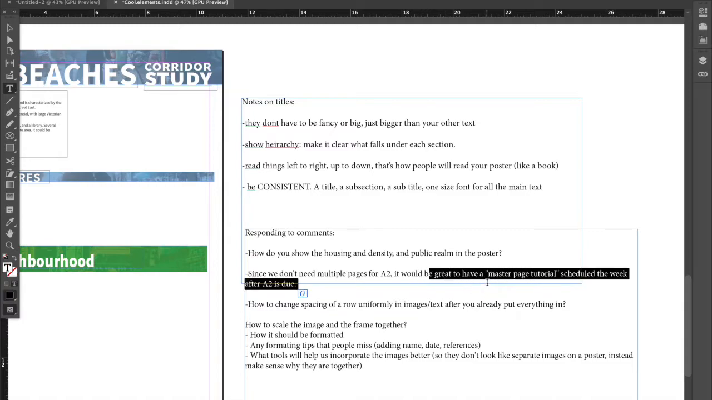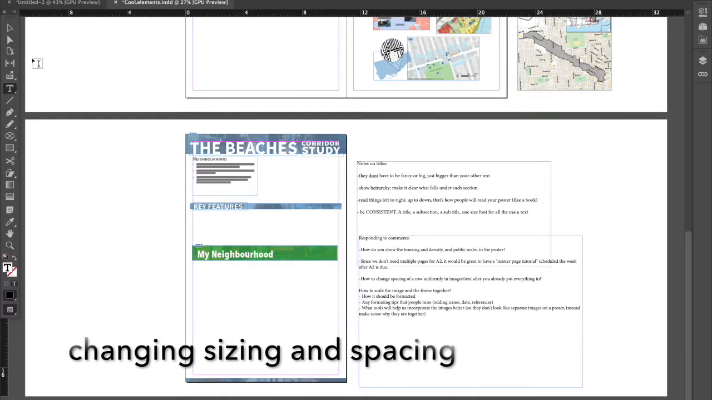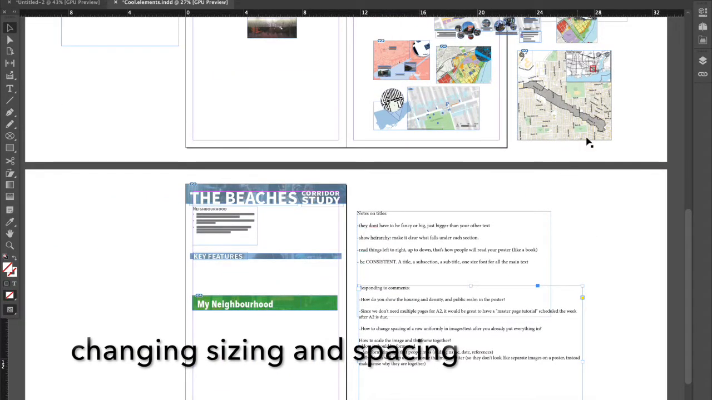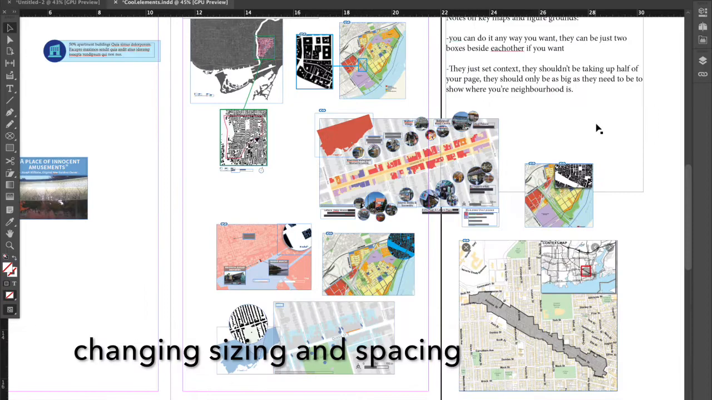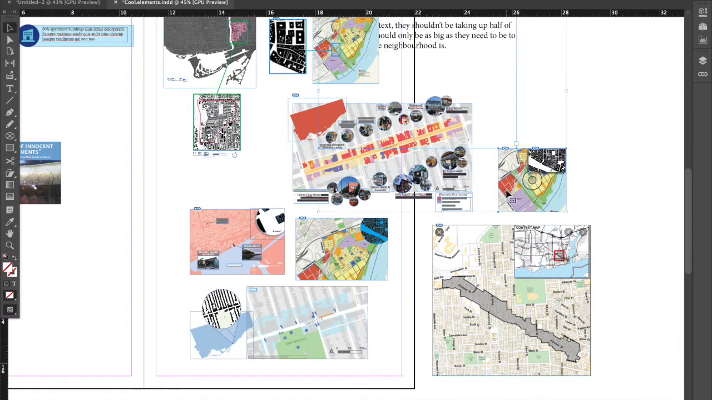Yes, I will make a master page tutorial next week, probably. How to change the spacing of a row of uniform images and how to scale the image and the frame together. So I've already kind of gone over that, but one more time, if you want to scale things together,